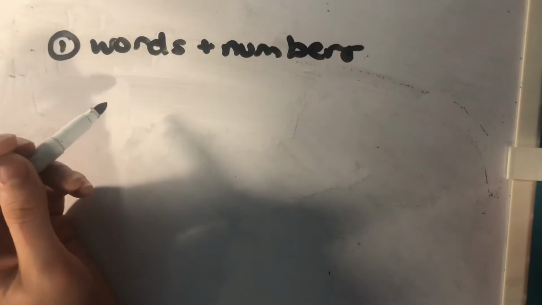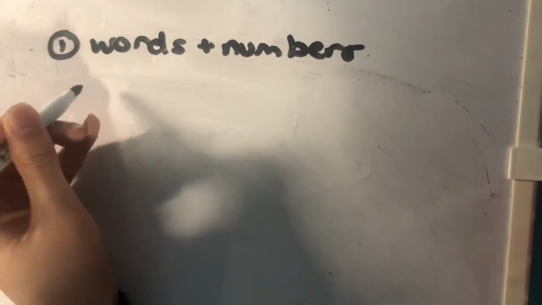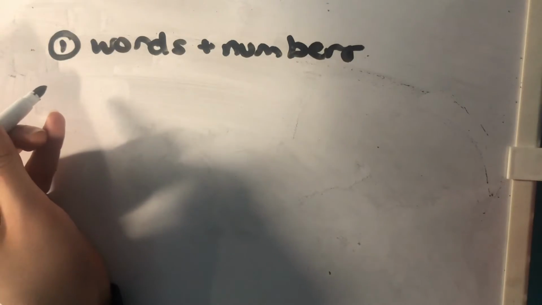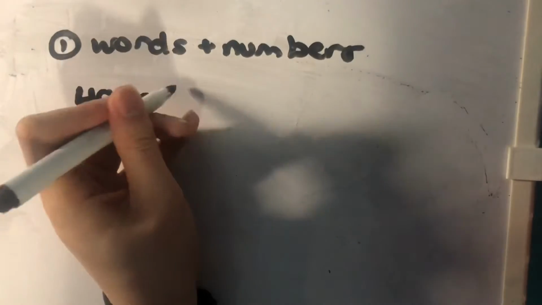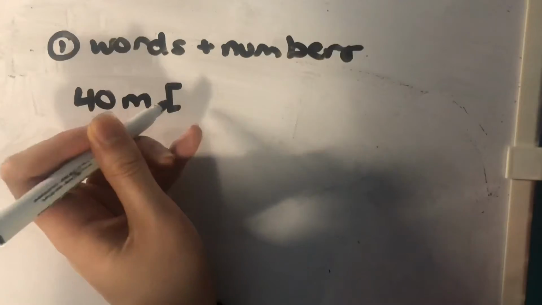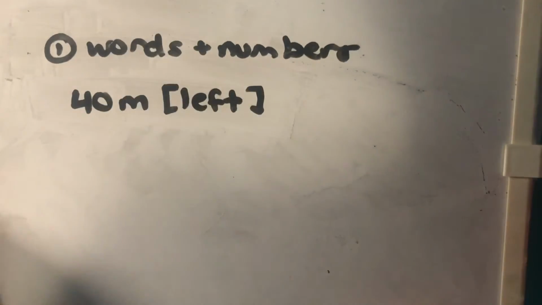Now I want to talk about how you can represent vectors because there are several ways. So the first way to represent vectors is what I've already shown you, and it's just by using words and obviously a number. So if I was representing displacement, for example, I could say 40 meters and then indicate the direction here. And I could say that in a lot of ways. I could use like descriptive words like left, maybe up,